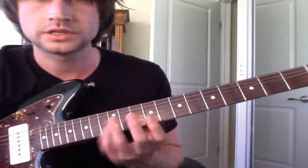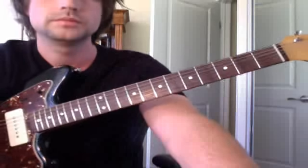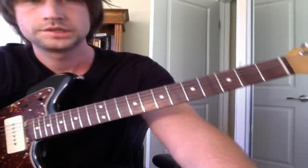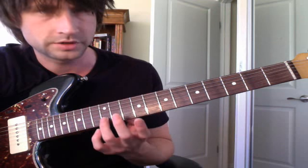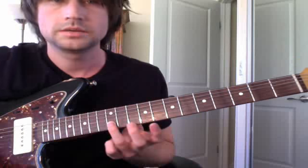So the easiest way to start learning it, this lesson's aimed at beginners. I'm just going to play in clean tone so you can really hear what I'm doing. So the first thing that you want to do is just put your pinky, actually I find beginners like to do it with your ring finger more. I do this with my pinky, but try taking your ring finger and make sure you pull up the tab